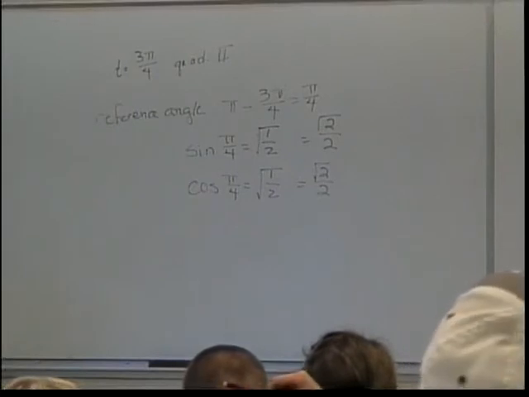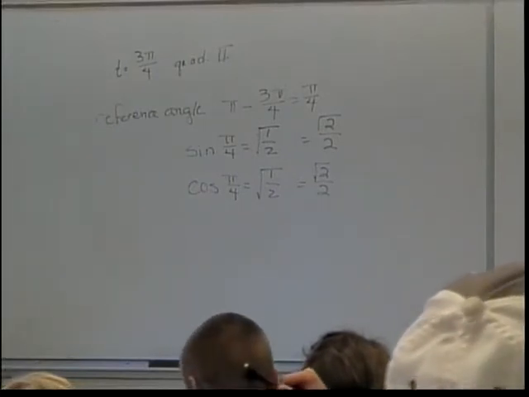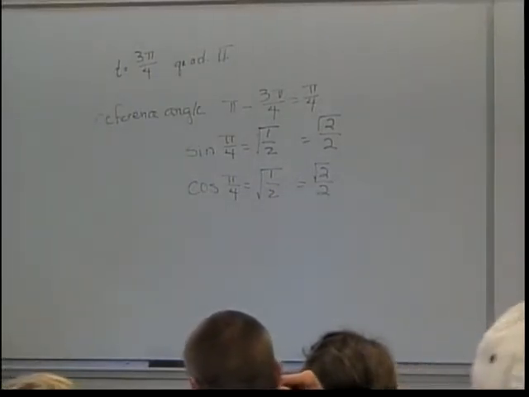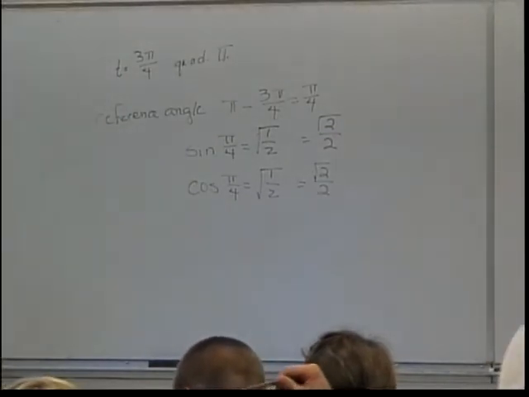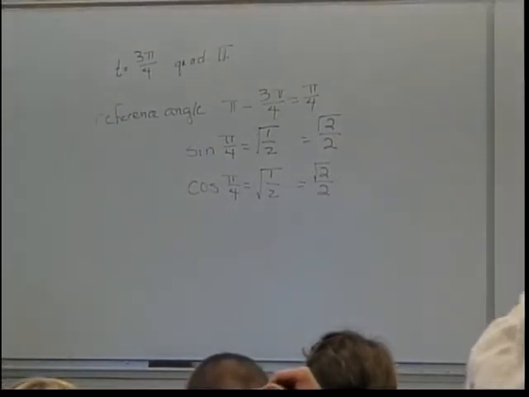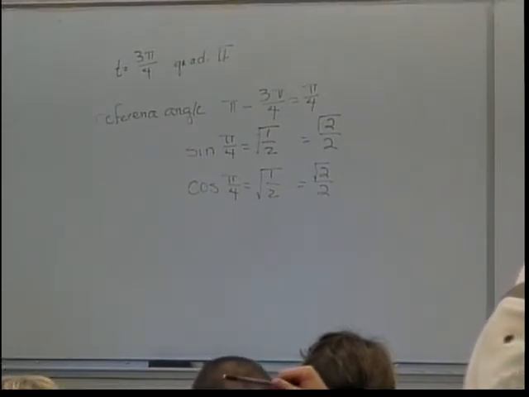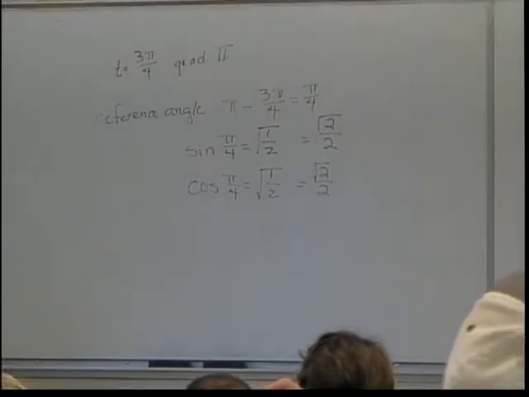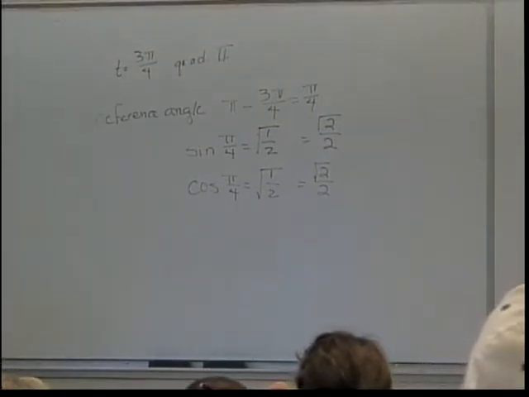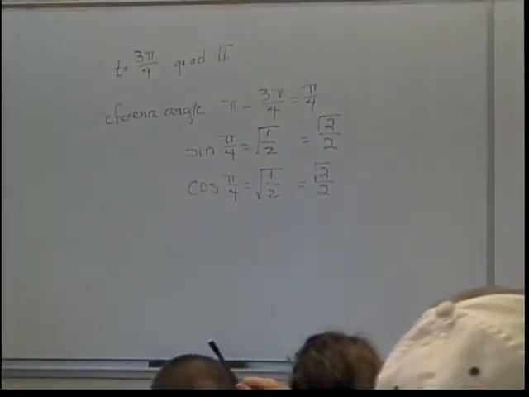What's the y-coordinate? Well, it starts out being related to the sine of pi over 4, which is the square root of 2 over 2. And I need to determine, will the y-coordinate be positive or negative in quadrant 2? Positive, so here I would put the square root of 2 over 2. So this one will be the negative one and this will be positive. We'll do the same thing here,